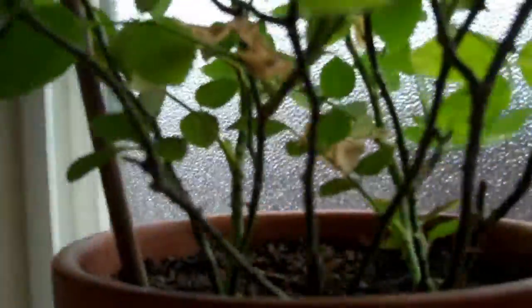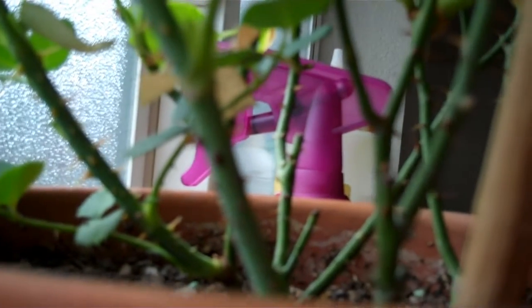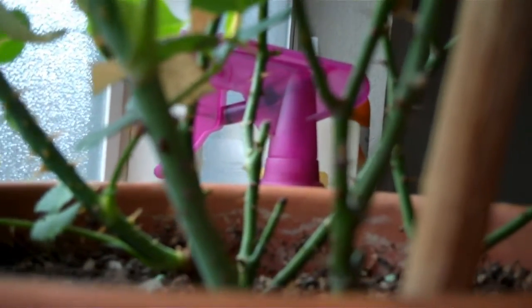And then there's the oldest of the flower children in the bathroom here. It's doing quite well. I don't know if you can see this, but I'm very pleased with this. This is an original twig. Where's my finger? There we go. This is an original twig. This is a twig that grew new when it repotted, and it's much thicker and stronger and greener than the original twig. I mean, the original twig is still growing nicely, but the strong, thick green one has a bloom on the end. So we're gonna get 2